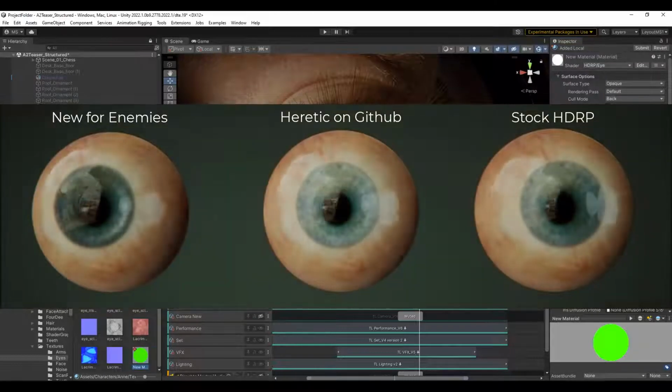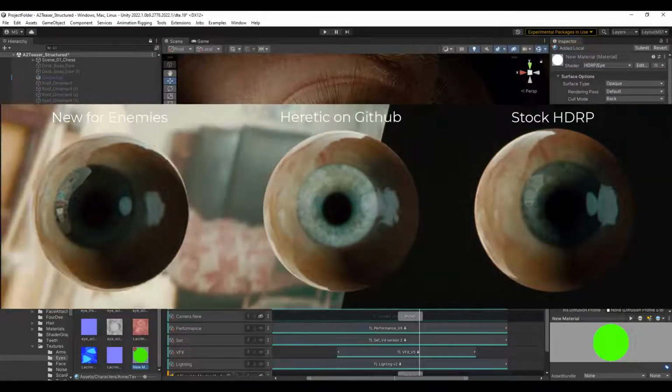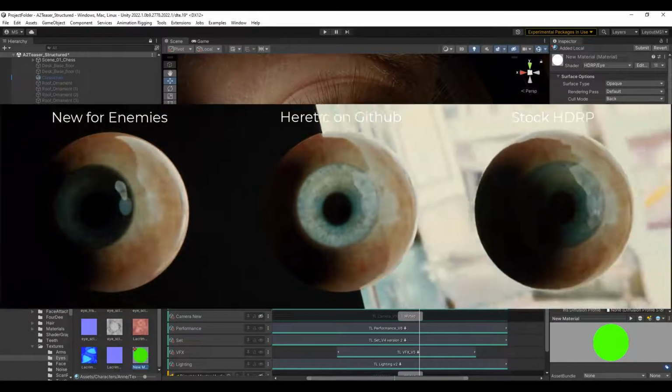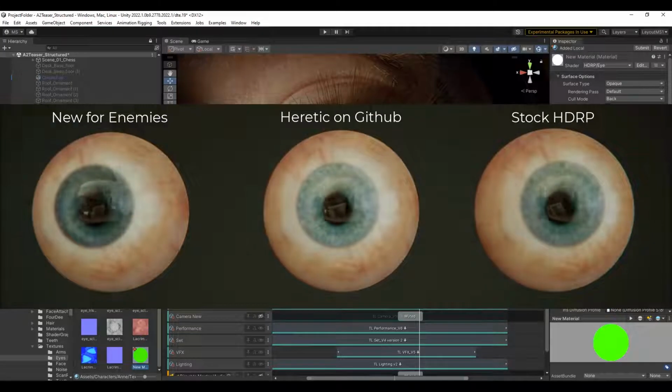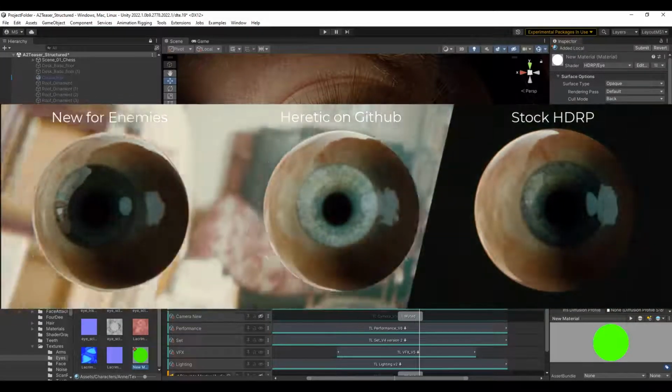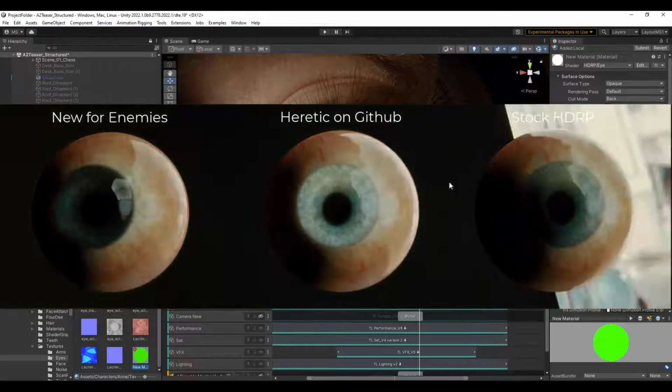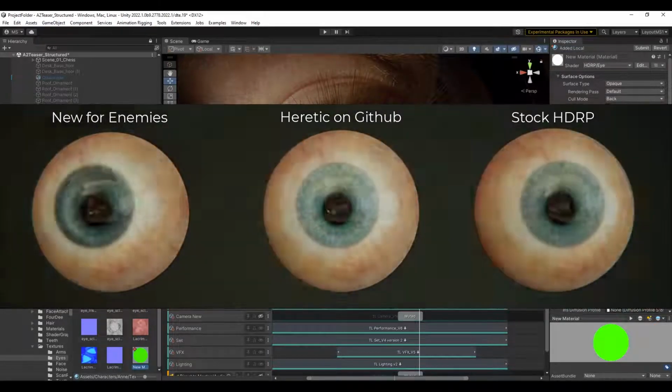Now basically, the human eye has a cornea, which is a lens that sits on top of the iris that bends or refracts light. Now the stock eye doesn't have the ability to do that refraction, so technically it's incorrect. Now for The Heretic, the demo team extended the eye shader so that it would refract light, which as a result generates energy inside the eye, but unfortunately that energy at times makes the iris very uniformly lit, like we